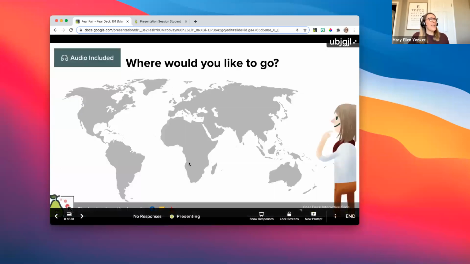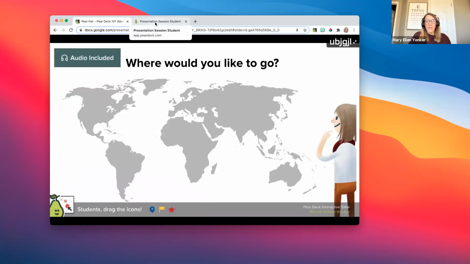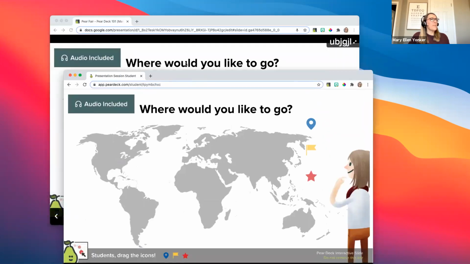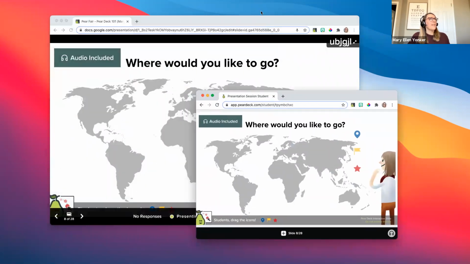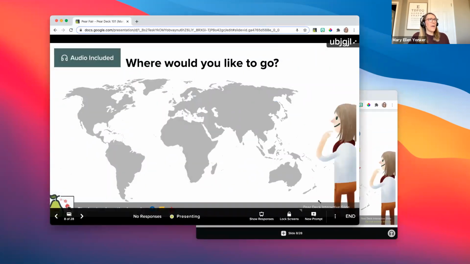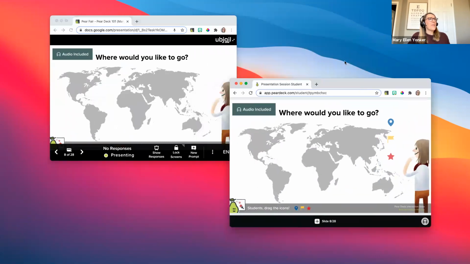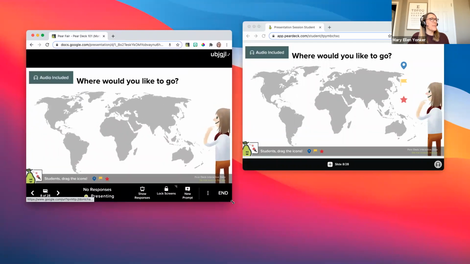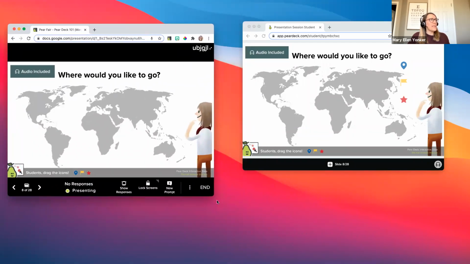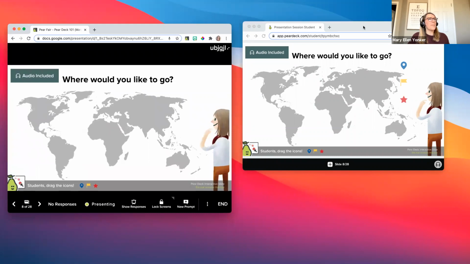So I'm going to go ahead and continue, and I'm going to split my screen so that you can see both the teacher presentation view and the student view. So I've got my 2 tabs open. I'm going to just click and hold and drag this one down and make it a little smaller. And the same with my presentation. So this is a good thing for your students to be able to do because sometimes it's necessary for them to be able to see both views at the same time.